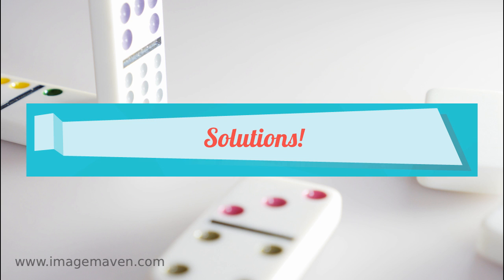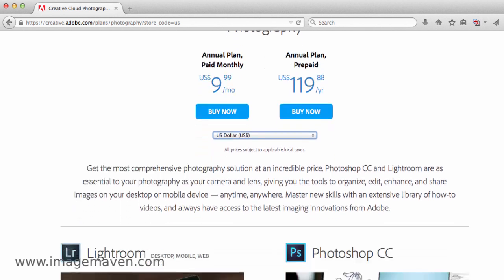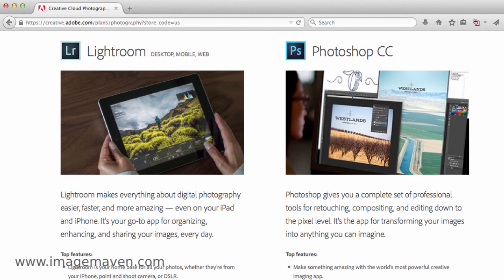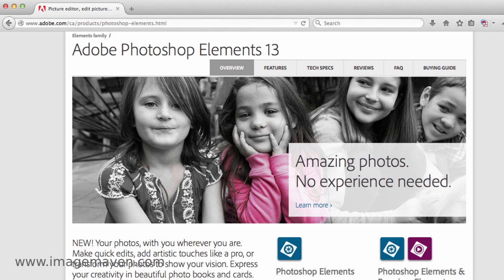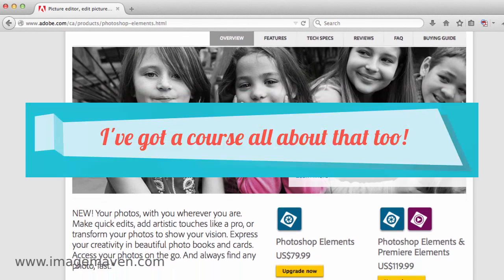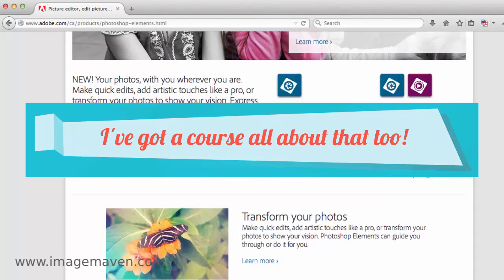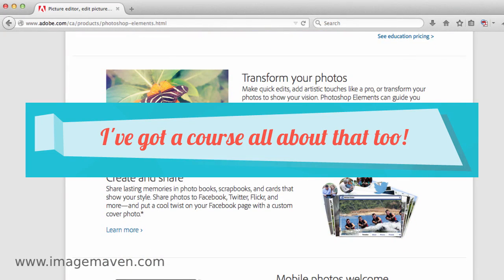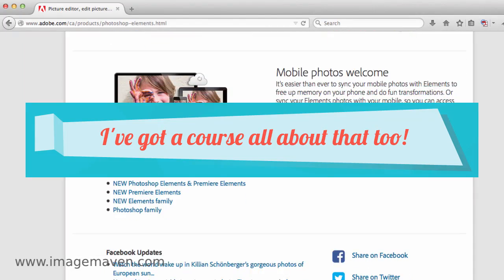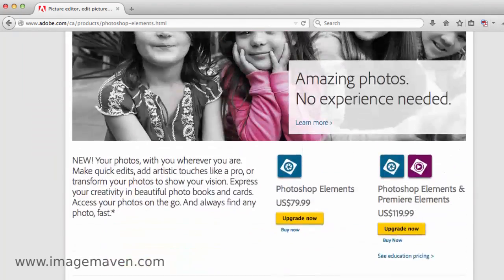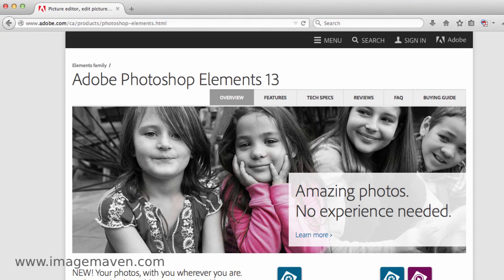Here are some solutions. If you are set on using Photoshop, then get the Adobe Creative Cloud bundle for photographers. You get Adobe Photoshop CC, Creative Cloud, and Lightroom for a monthly subscription cost of $10. But before you do that, check that it will actually work with your current computer operating system. If you're a hobbyist photographer, you can try Photoshop Elements. Raw files will open in Elements, and it sells for between $69 and $89 on Amazon.com. But, again, first make sure your computer operating system is compatible with the newest version.